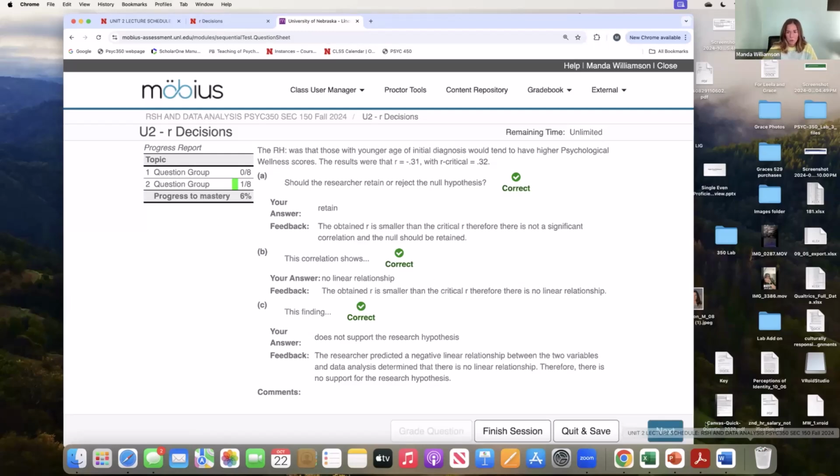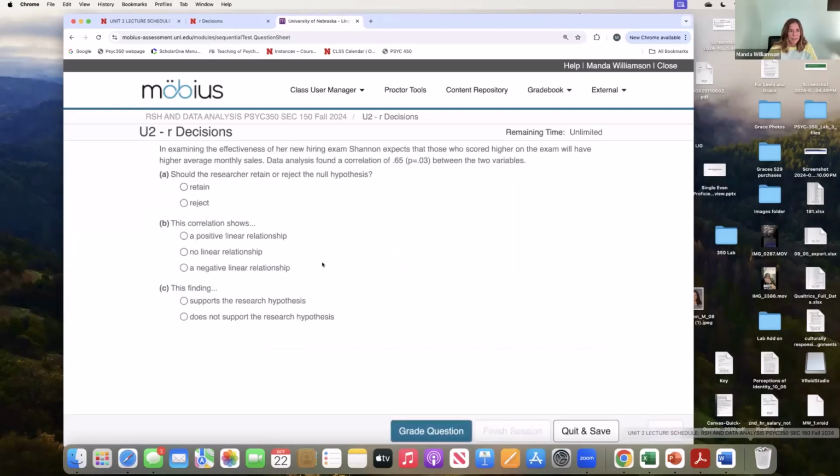As they continue through, it's not enough to just ask them about a correlation. They have to be able to interpret the direction of the relationship, compare it to the p-value, decide if it's support or no support. And so you can see that we've broken down the script that students need to employ in order to look at data output and make a decision on it. This also breaks down in metacognitive steps how you execute a particular skill.